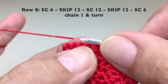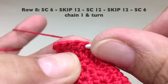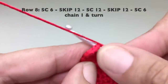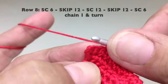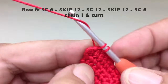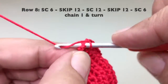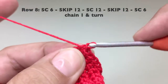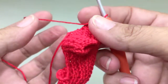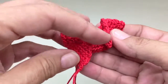So that's number 1, and then we have 2, 3, 4, 5, and then the final one is number 6. So there we go, number 6. So we have our 6 single crochets, and then we'll just chain 1, of course, so that we can turn our work around. But now I'll just show you actually how that's looking, because it's just the start to